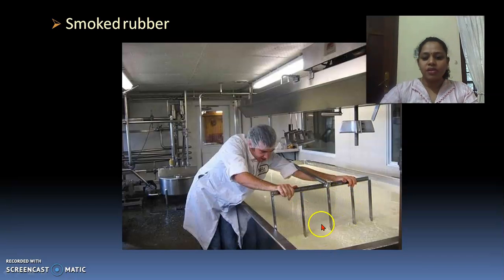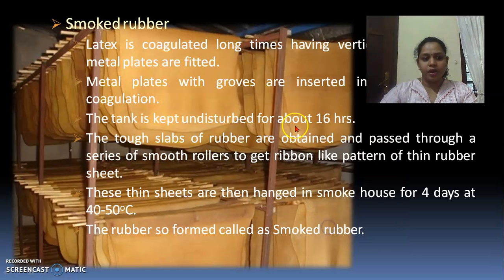Now, next one is smoked rubber. So, latex is coagulated in a long tank having vertical grooves where metal plates are fitted. Metal plates with grooves are inserted in the tank after the coagulation, and it is kept undisturbed for about 16 hours. The tough slabs of the rubber are obtained, and it is passed through a series of smooth rollers